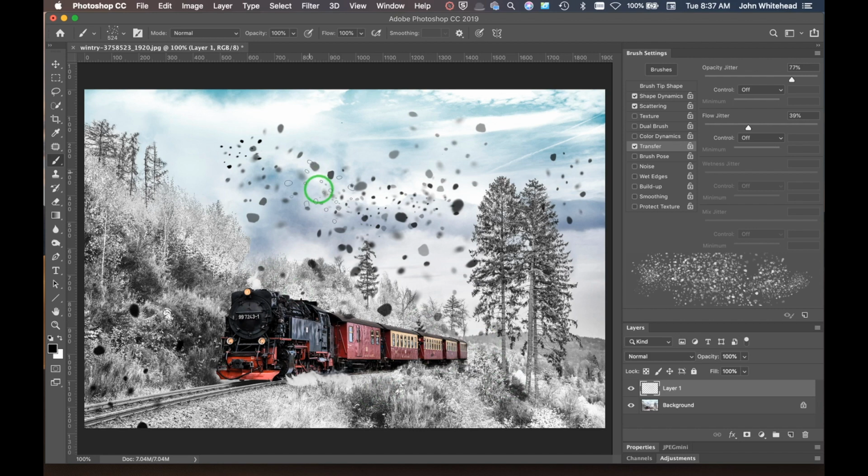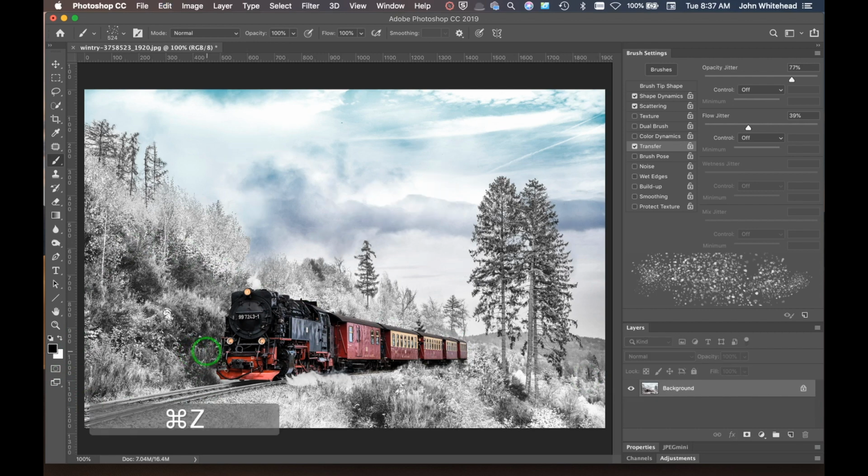Now one of the things that happens with this is you can get snow in the wrong area, but we can easily paint that out with a mask. I'm just going to go back. All right, and first thing I'm going to do is pick a snow color. So I want something that's sort of gray. So I'm going to maybe pick this sky color up here, and I'm just going to use my brush and make this a little bit smaller, and I'm just going to start painting some snow in the back of the background here,